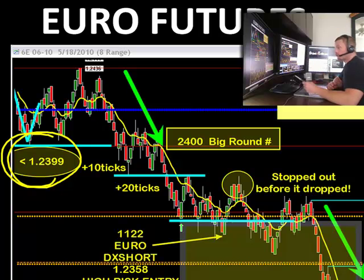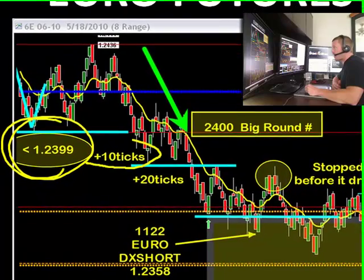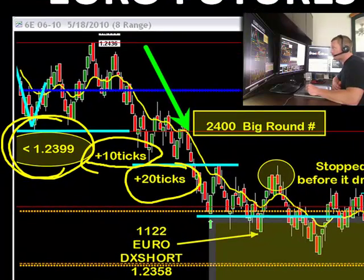So we initially looked for the 23.99, but what didn't we see? Members, what did we see? We didn't see any big money. There was no big money in the market on the dollar below 23.99. So being as we had seen already a very choppy market this morning, we decided to wait. We watched as our +10 ticks went by, we watched our +20 ticks went by, and so that potential short trade below